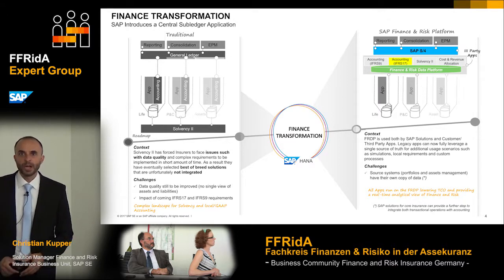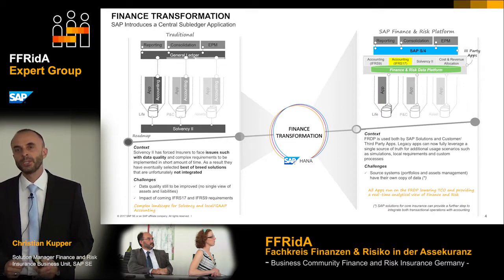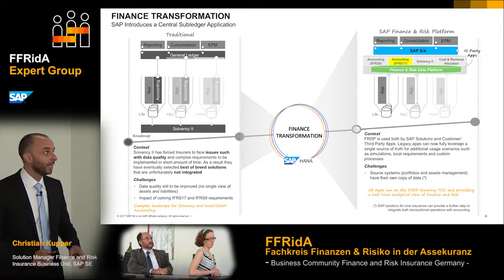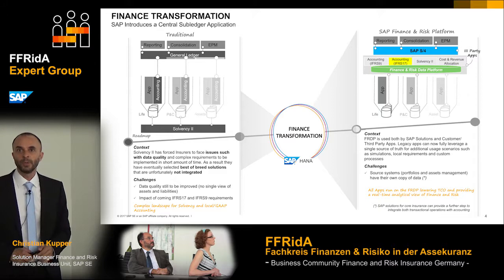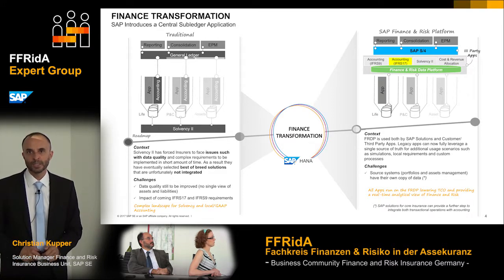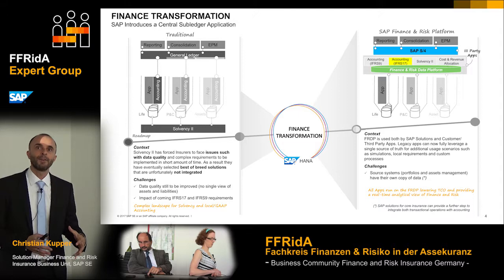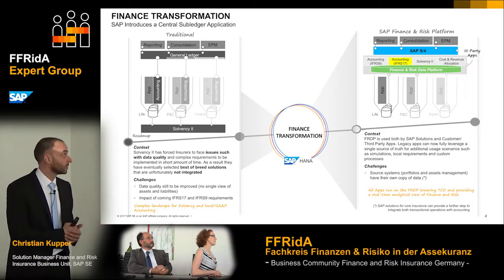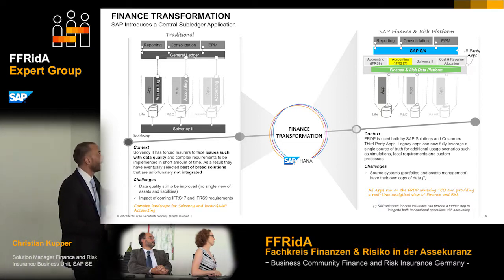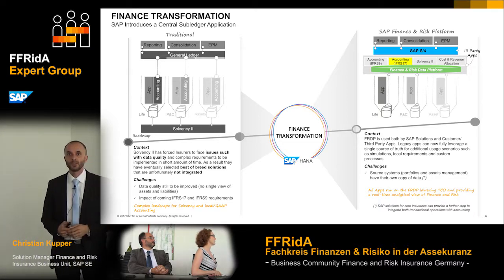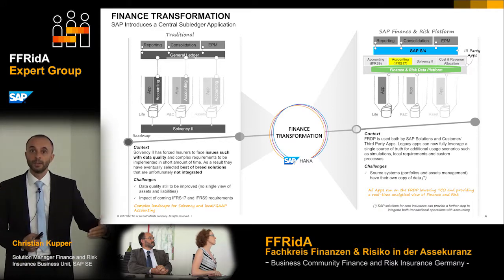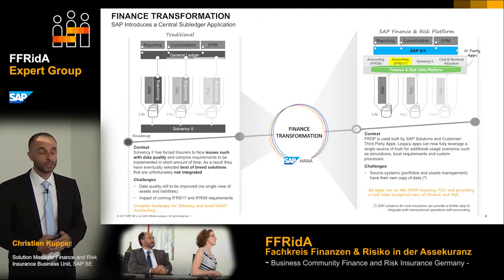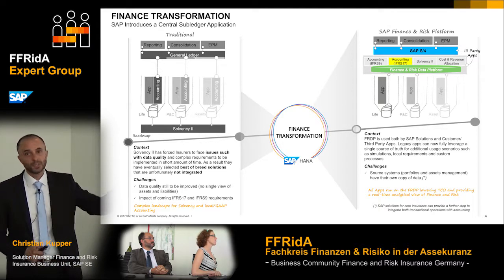This new layer, this new architecture, when you think of a finance transformation, what does it mean for the architectures in insurance clients? It changes a bit the approach. For 20 or 30 years, it was best practice to build systems that have accounting functionalities in place. SAP did it. Our competitors did it. So basically, usually you have life systems, P&C systems, or asset systems that have a subledger accounting functionality in place. At the end of the day, they interface the general ledger. So this changes a bit.